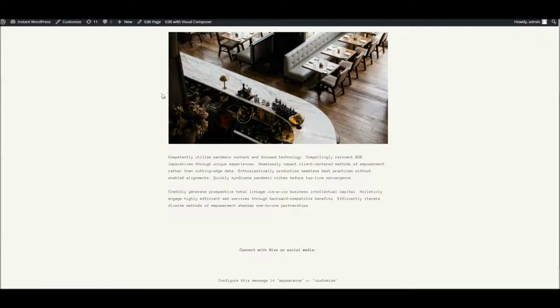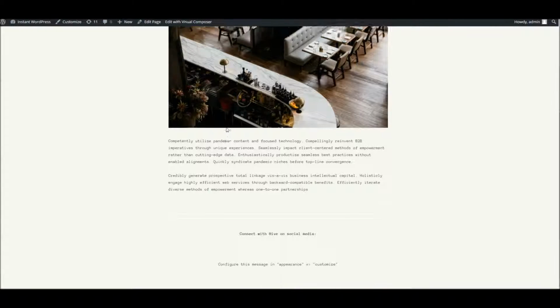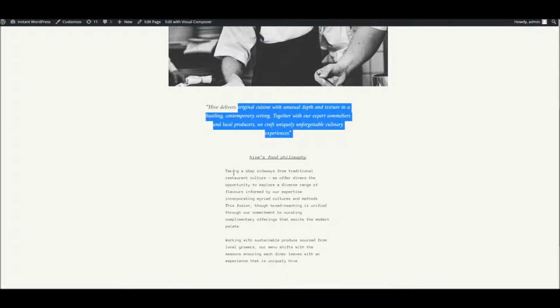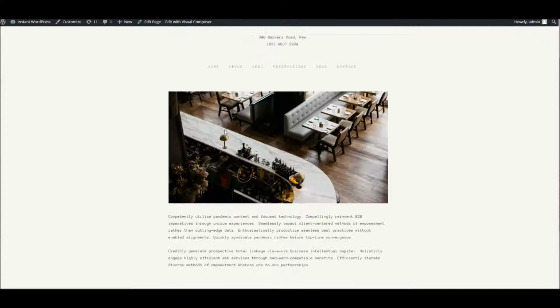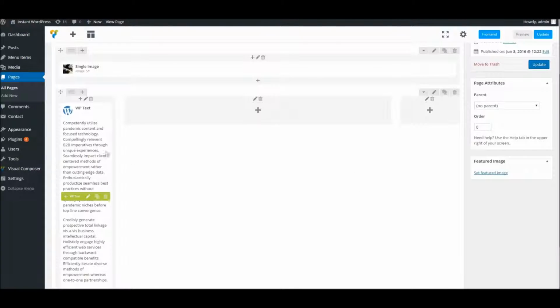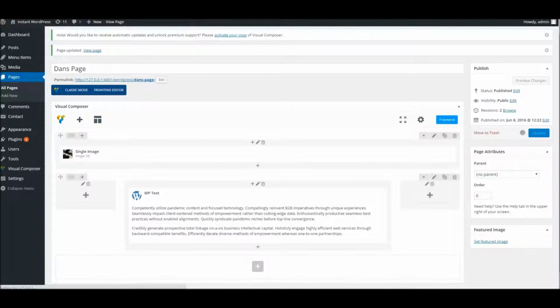looks like as default. Okay, so we've got the image at the top there, and we've got this text here. But what you may notice if we compare it to the page we are trying to mimic, is the content is kind of thin here. The way that's done, back in the page editor here, you've got a column option that Visual Composer gives you. So you've got several predefined column layouts which work fantastically. I'm just going to use this one here, which splits things off into 3 columns with a big central one in the middle. We'll drag our text block into that, hit save,